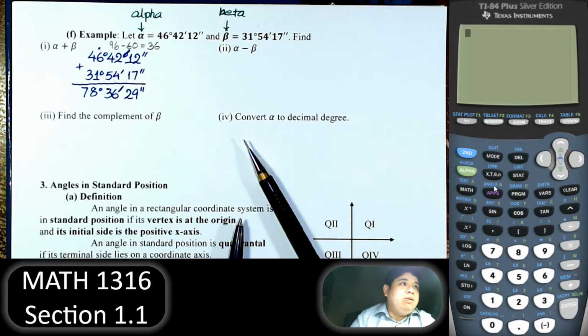So 46, hit second, that button, degree, 42, that button, minute, and then 12 seconds. You see there's a quotation mark here, that actually is for second as well. And then we're going to add